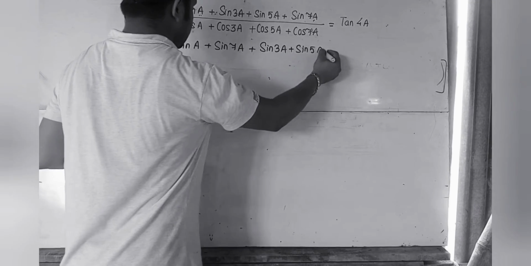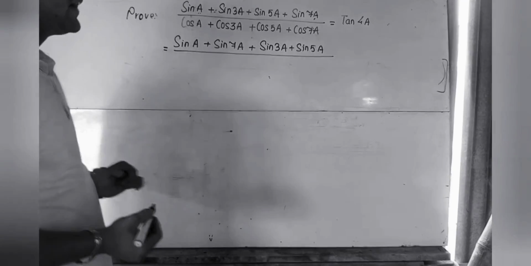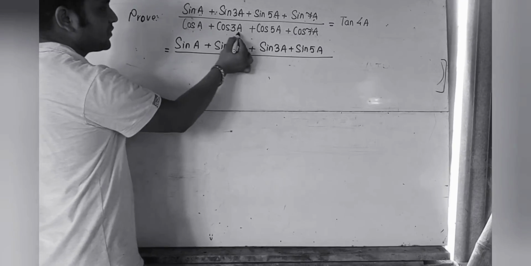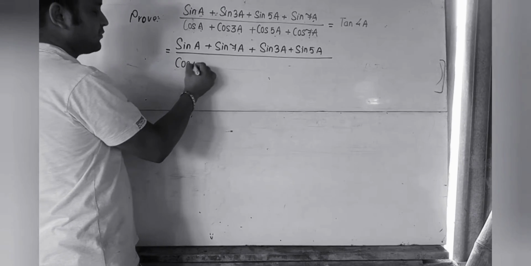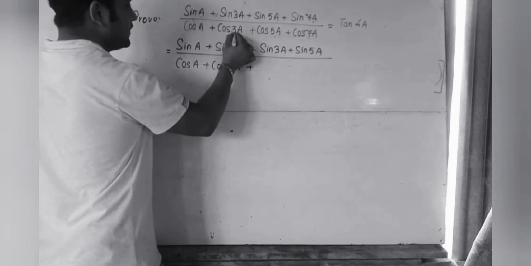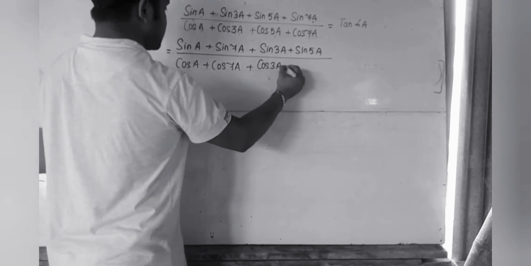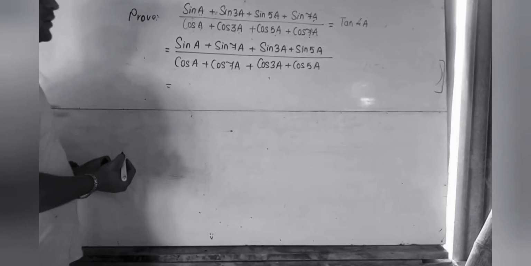What we did is arrange the terms so that when we use the formula later, it is easy to solve the problem. So here also you have a, 3a, 5a, 7a. 7a and a give you 8a, so let's put them together: cos a plus cos 7a. Then 3a and 5a also give you 8a, so let us put them together: cos 3a plus cos 5a.